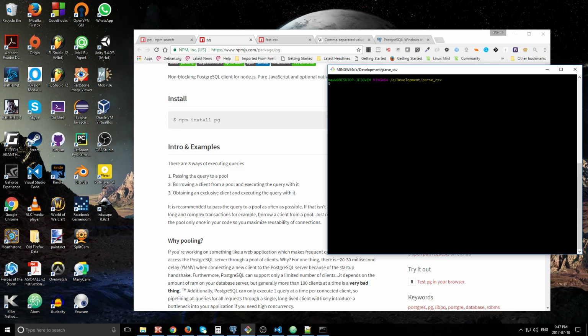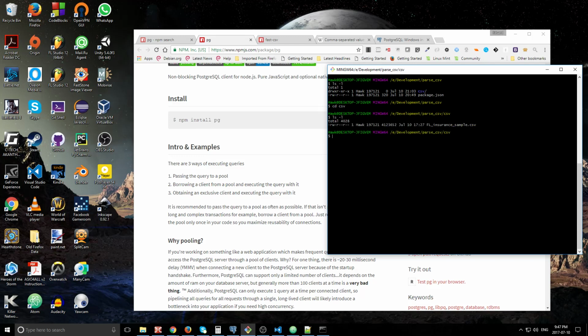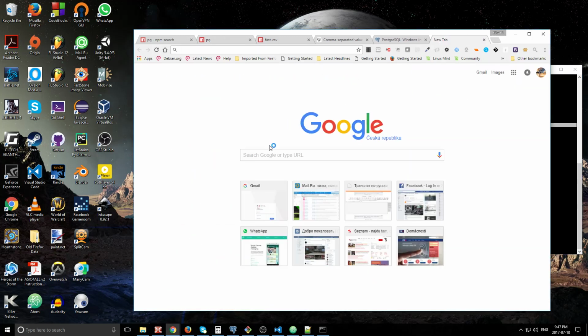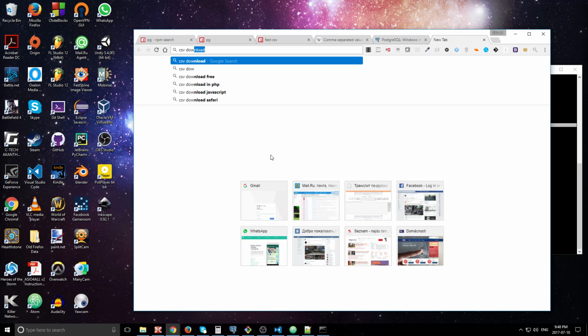I have bash here. If I check the directory, I've created a directory called parse CSV. I have already prepared a package.json for you, and I have a directory called csv. In that directory, if I do ls, I have one file called FL insurance sample, which is the same name as the table that I have created in Postgres. This file was downloaded. If you search, for example, CSV download,